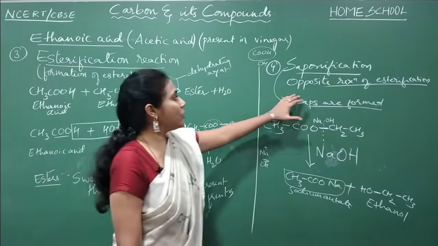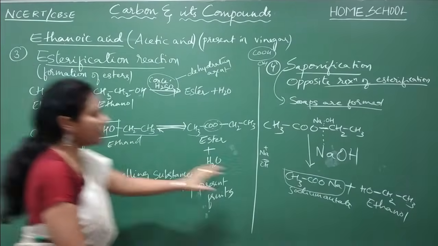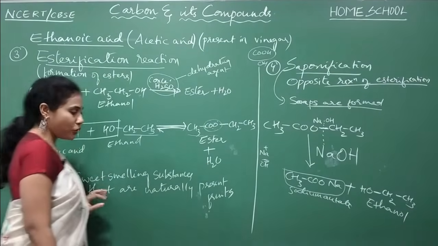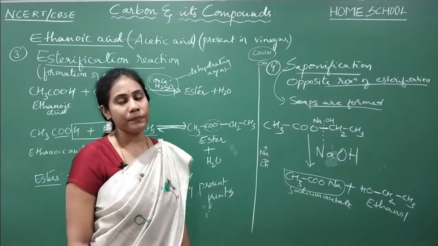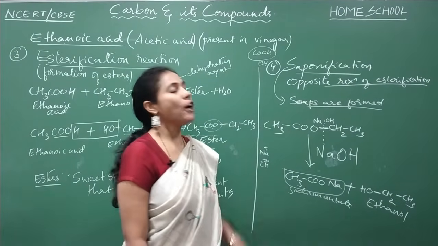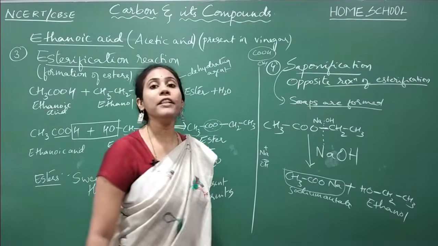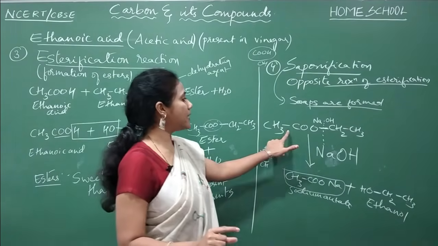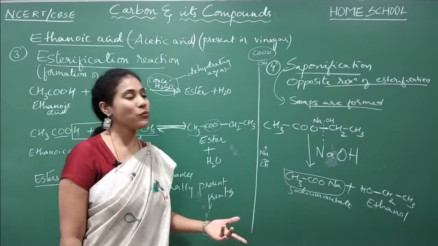So that is why I said opposite to esterification. Ester undergoes a reaction to give ethanol, and instead of acid you are getting a salt. Instead of hydrogen you have sodium here because NaOH you have used, no? That is the reason. So this reaction is used in the preparation of soaps. That is the reason the reaction is called saponification reaction. Okay, so no need to mug up anything here. Just try to understand. Ester we have taken. What we are adding? NaOH. On adding NaOH, what will happen, guys?